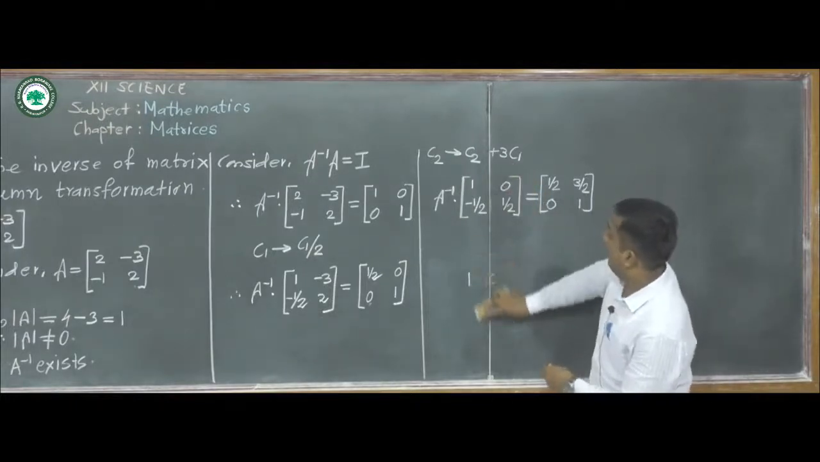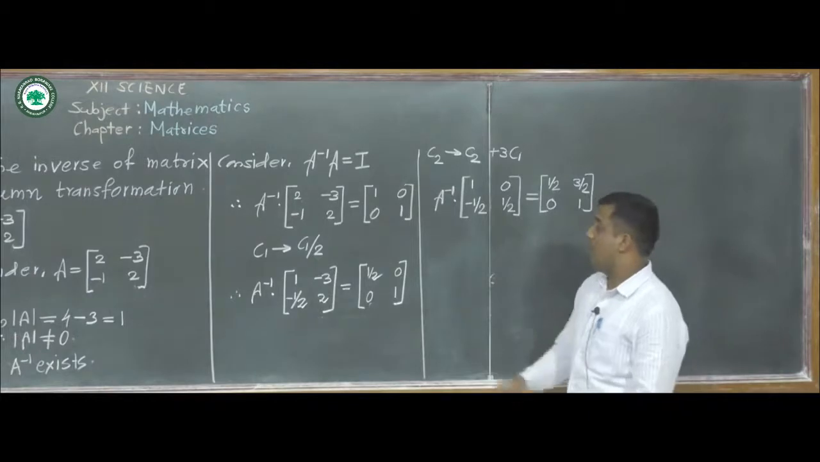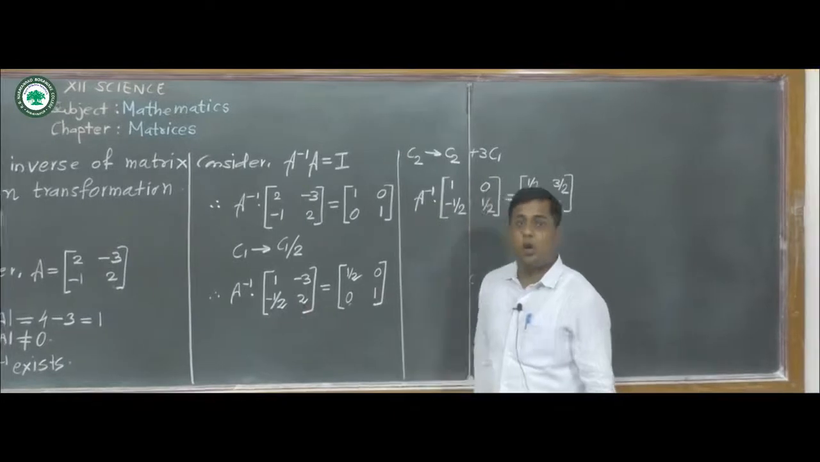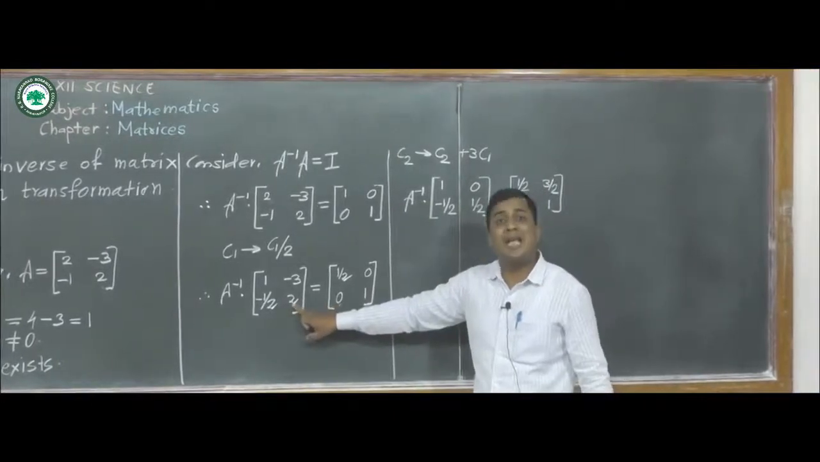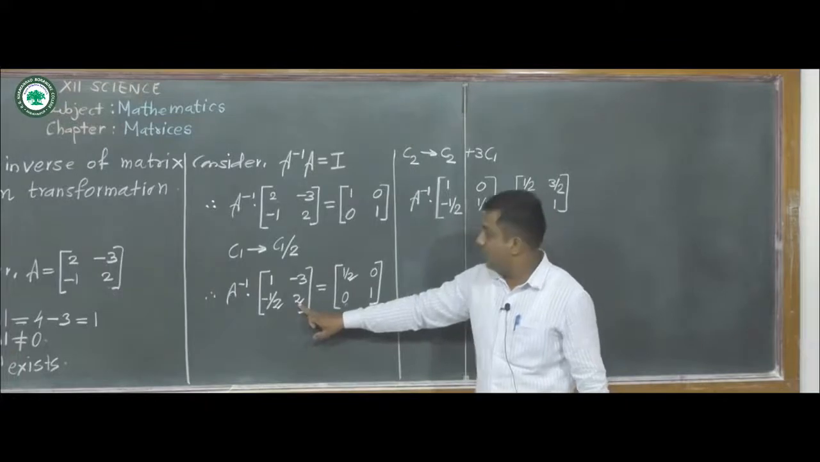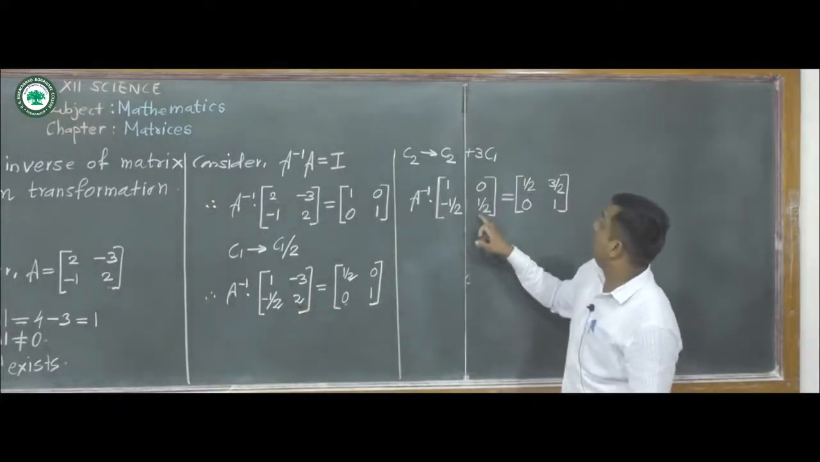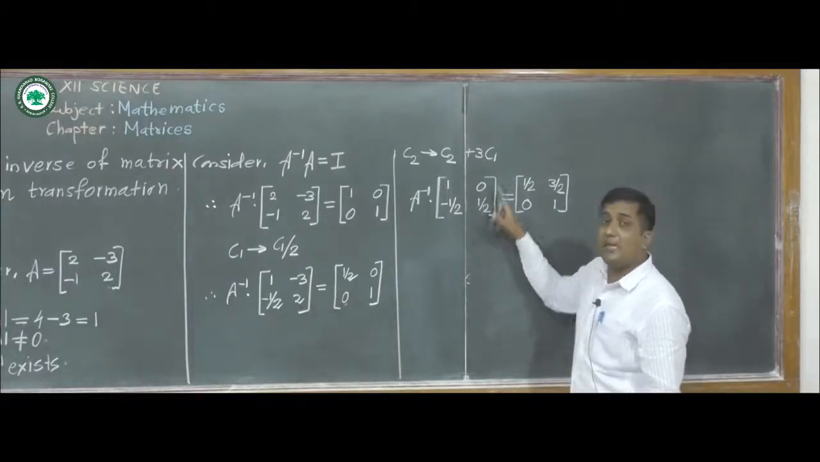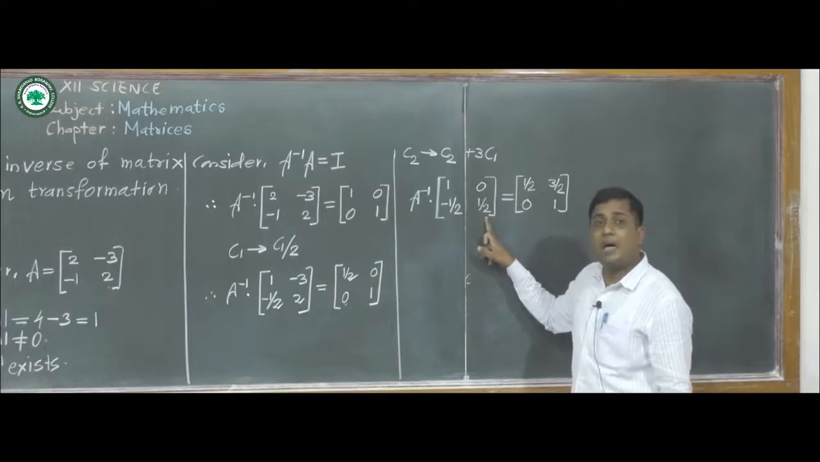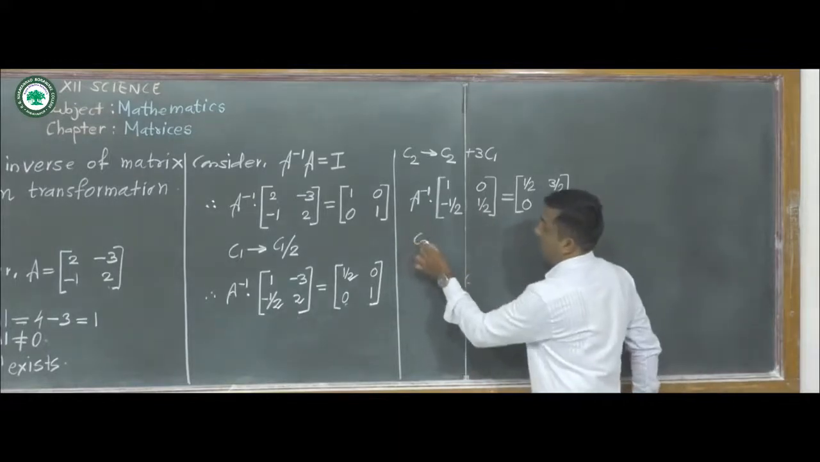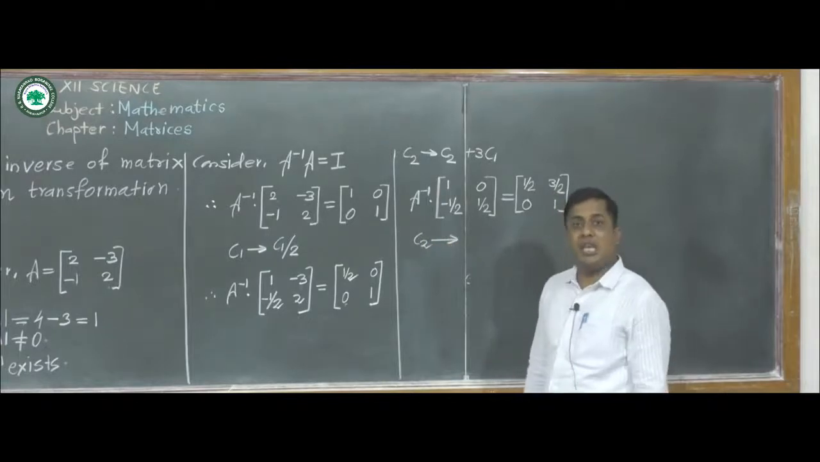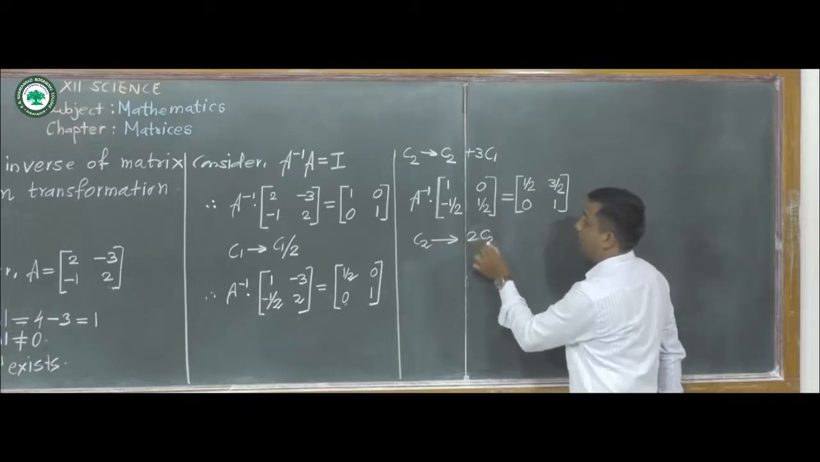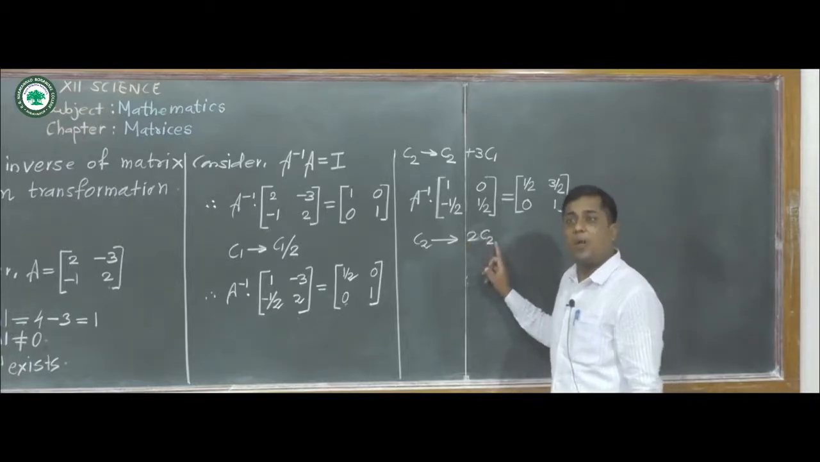Now for the next step, we have to make this 2 as 1. So we divide our column second by 2. Sorry, here we want 1. So we multiply each element of column second by 2. So the change is in column second, and the change is C2 goes to 2C2, that is we multiply each element of column second